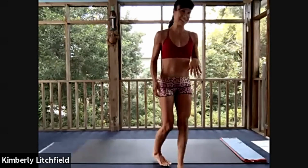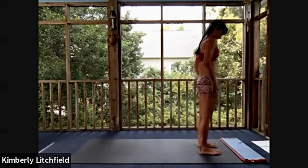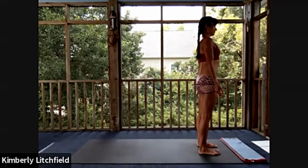Welcome everybody to practice. Today we're going to start standing. Come to the top of the mat. Feet together or hip width apart, up to you. And then take a moment